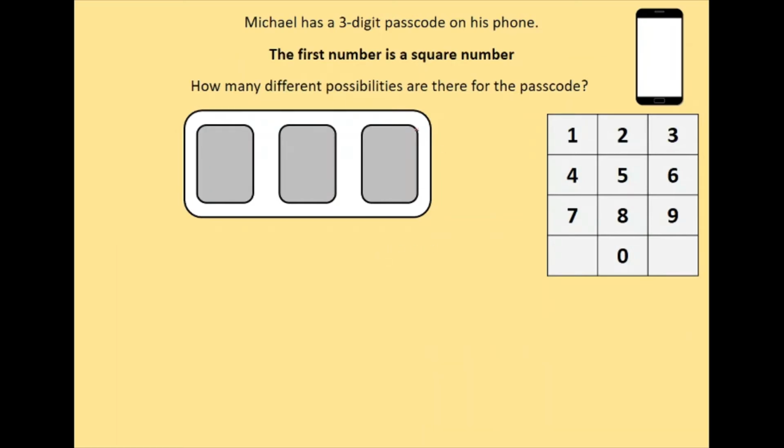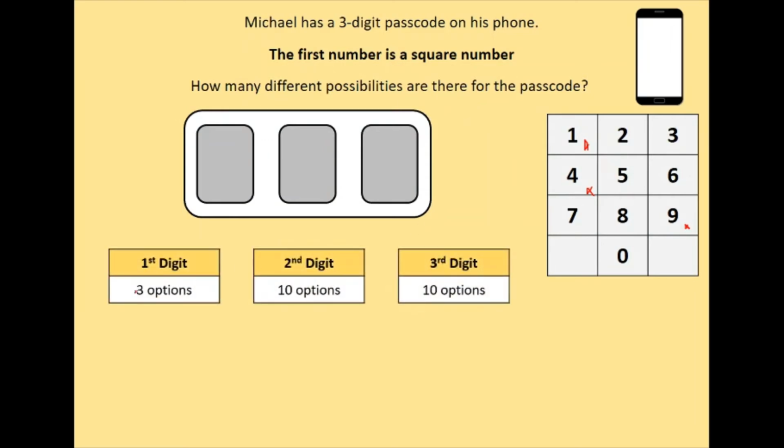How is this different? The first number is a square number, so the other two are random, but the first number is a square number. Your square numbers are 1, 4, and 9. So try and work out now how many different codes there could be if it's 3 digits and the first is a square. Okay, so this one, my first digit, there were 3 options instead of 10, so I'd have 3 times 10 times 10,